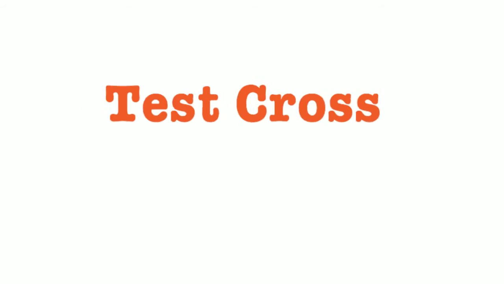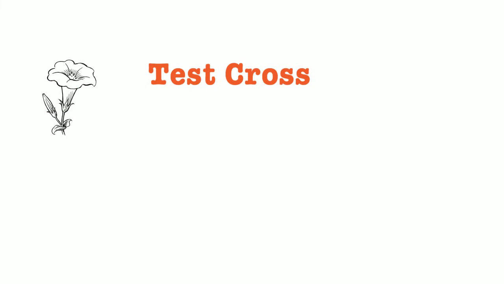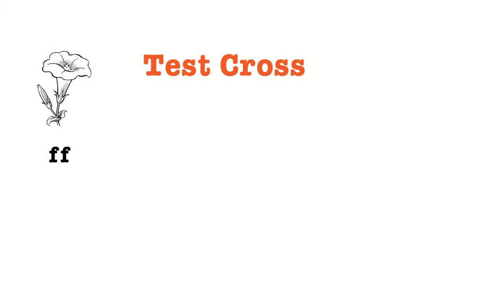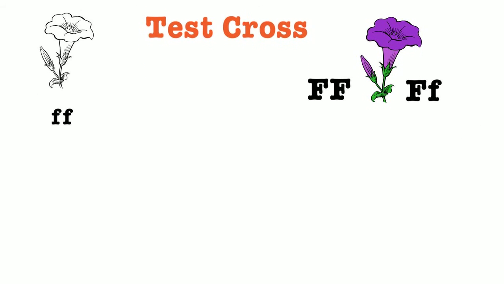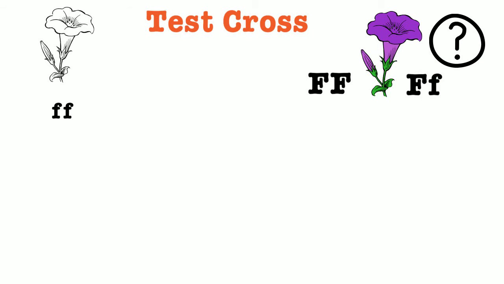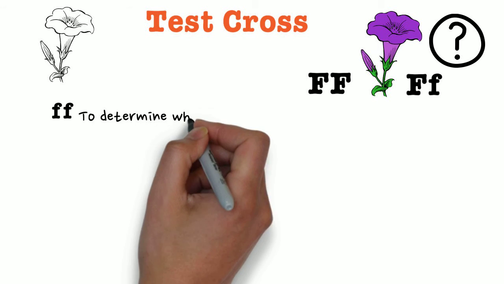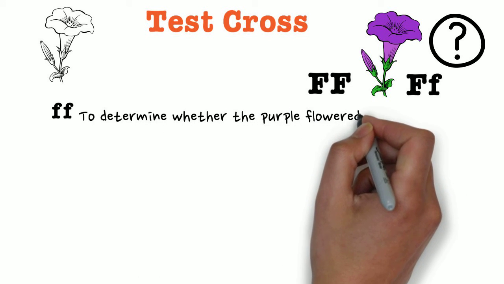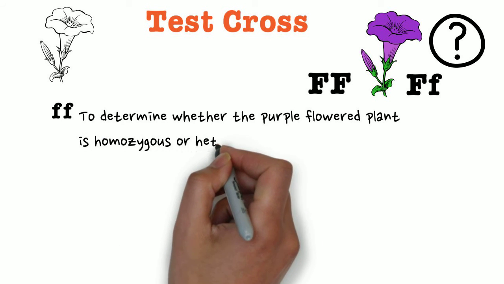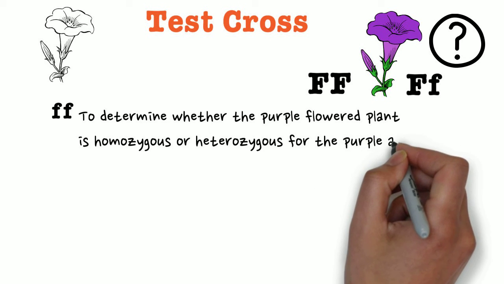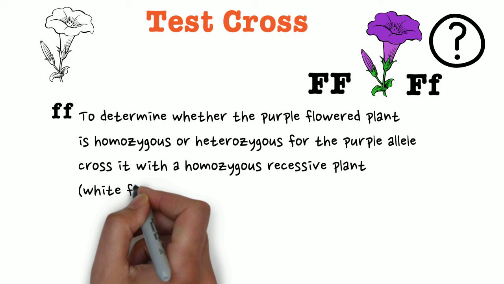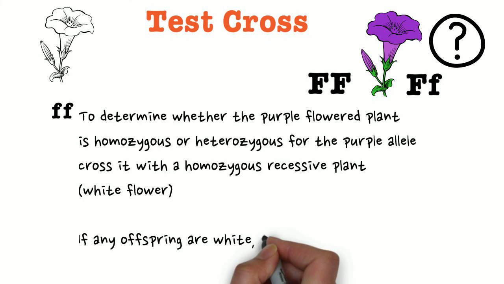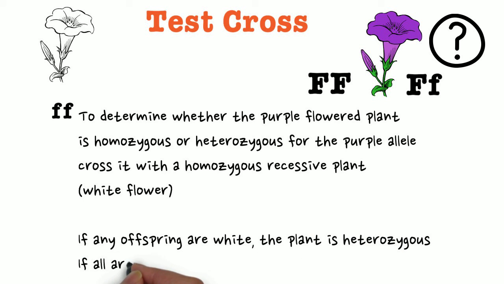So a test cross is when I can check to see what my unknown genotype is. Notice the white flower is always recessive, but my purple flower could either be homozygous or heterozygous dominant. So how would I know? The way I do this is with a test cross. I want to cross my unknown genotype with a homozygous recessive plant. So in this case, I would cross the purple plant with one that's homozygous white. If any of the offspring end up white, then the plant's heterozygous. If all the offspring are purple, then it's most likely